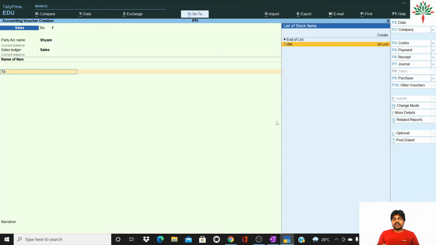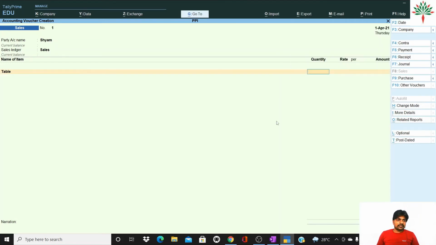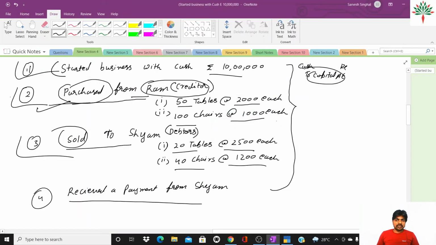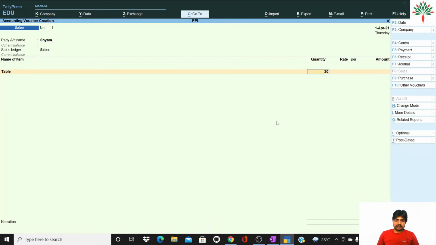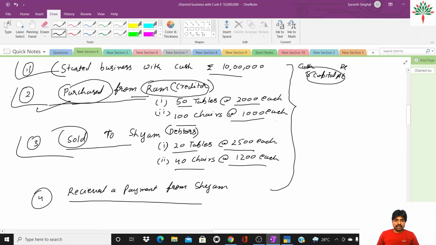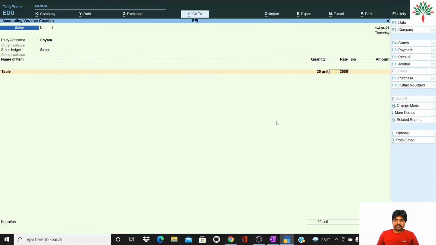Now in the previous entry, when we were passing the entry, we were preparing a voucher. We created a table. So again and again we do not require to create a table. The stock item has already been created, so we will select it from here. How much quantity are we selling now? 20 tables, at the rate of 2500 each.